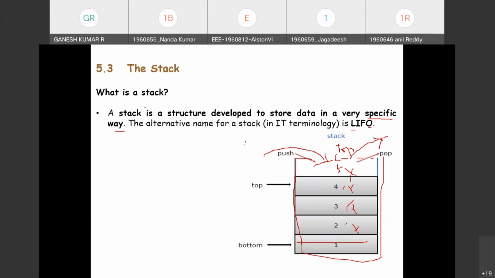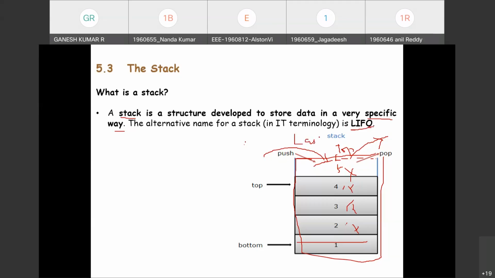This representation is called a stack. A stack is a linear data structure where the elements are stored in last in, first out fashion. The first item will be placed at the bottom and the last will appear at the top, that is the surface of the storage container. The element which is added latest will be the first to be removed, so it is called last in, first out.